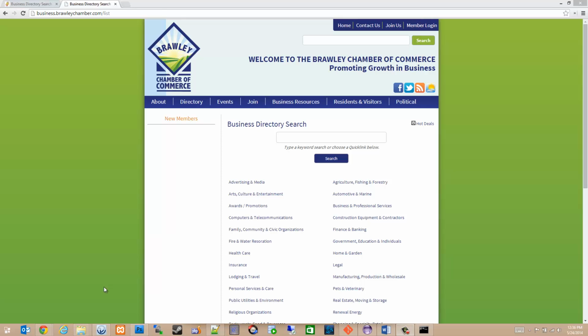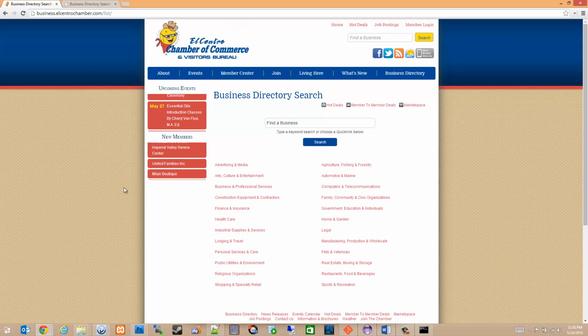I more or less created a screen scraping application that will be run from the command line. What this program will be doing is coming to the Brawley Chamber of Commerce site as well as the El Centro Chamber of Commerce site. And I've broken down the program into two steps. One is a caching step, which will allow me to create